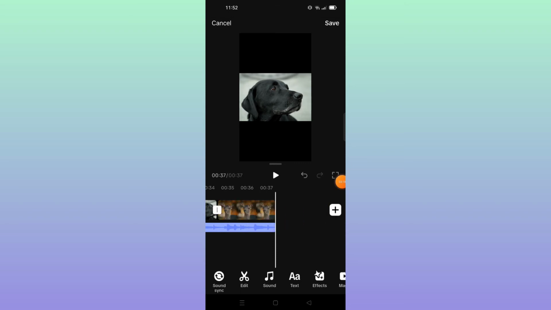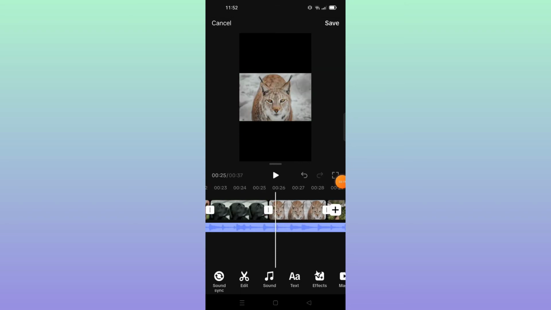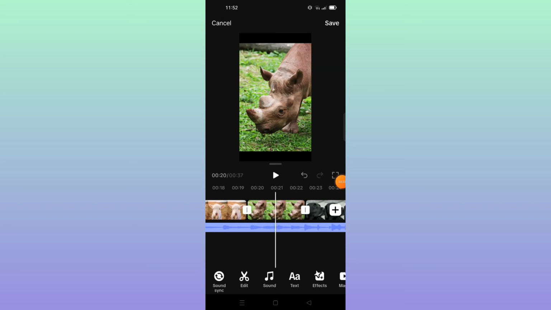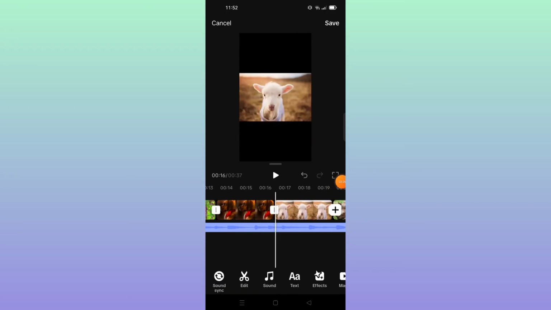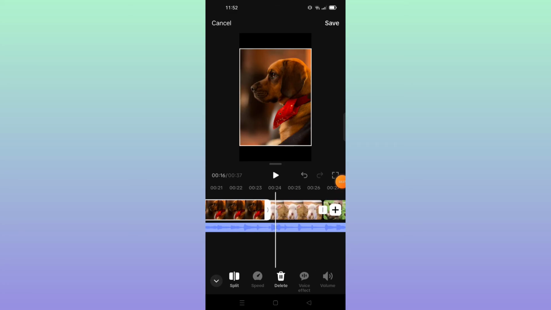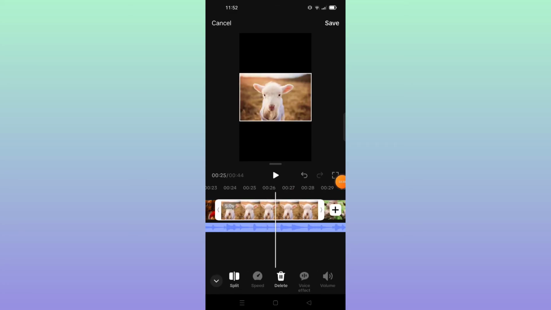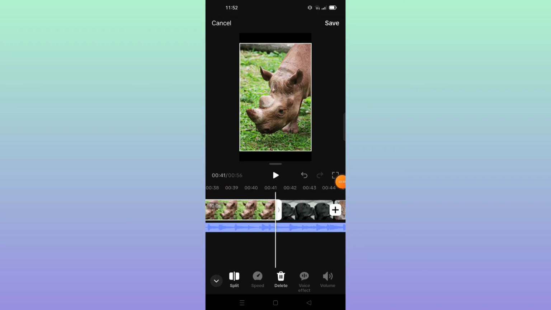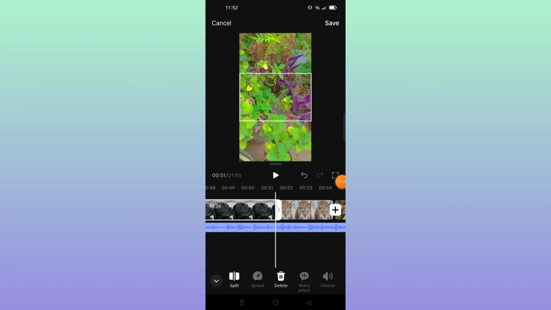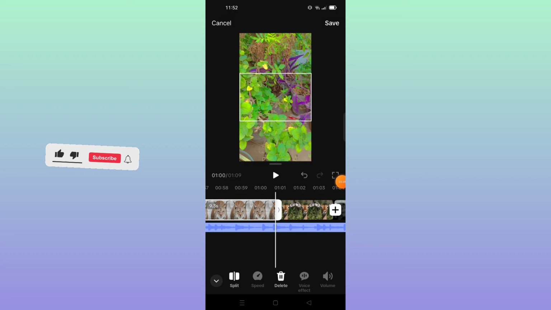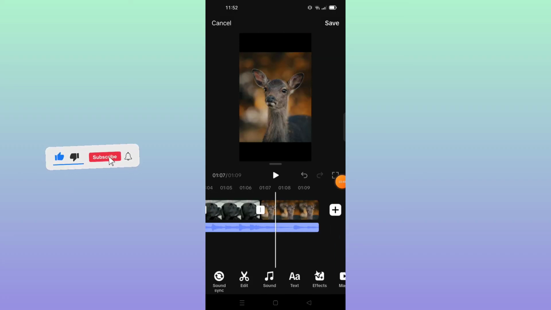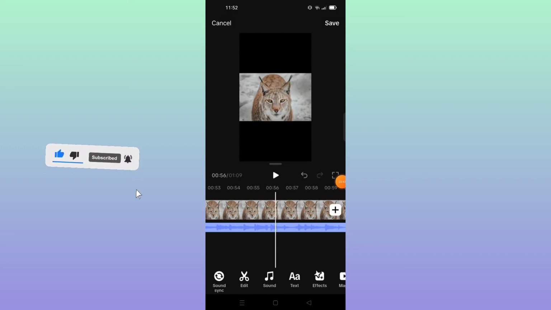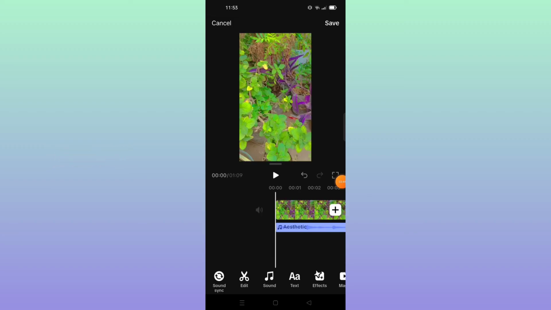As you see here, now I use 37 seconds of this video. Also, you can make this picture longer, change the duration of this picture as you see here. You can make it long, like this, until you reach the duration you want for your video. Then you review your video like this.